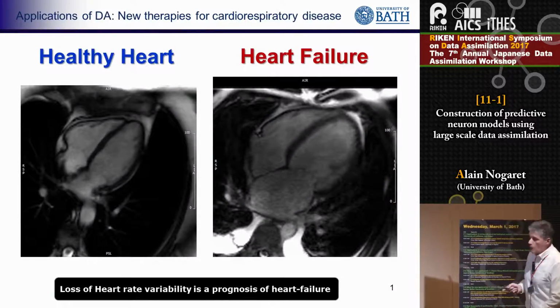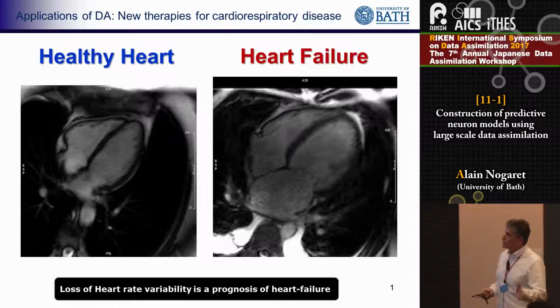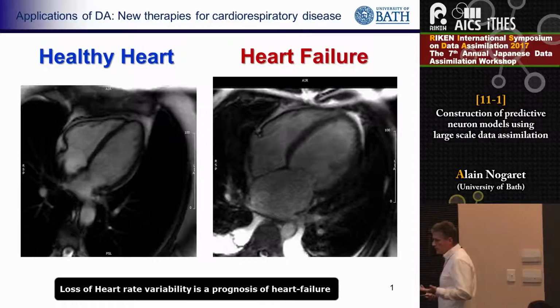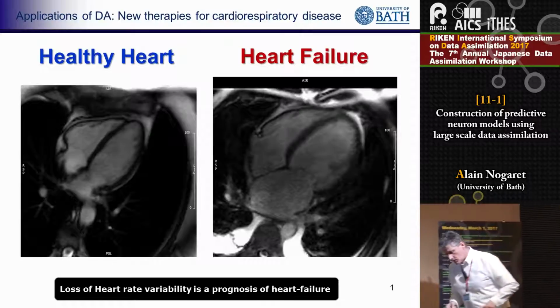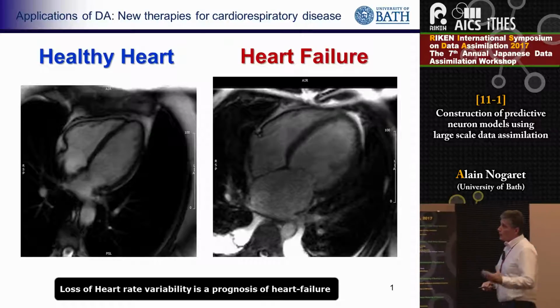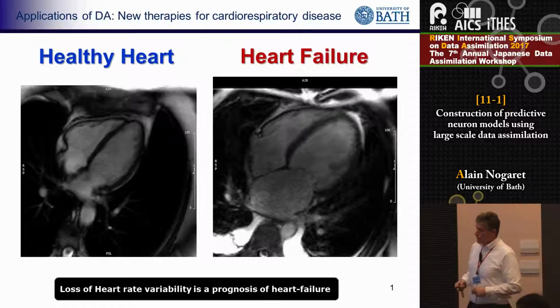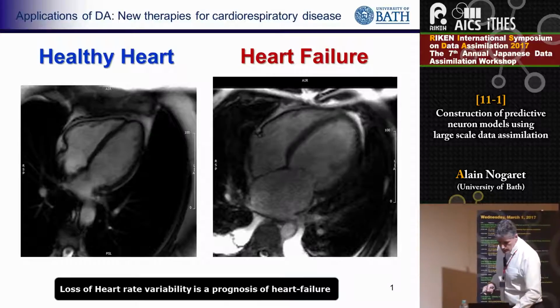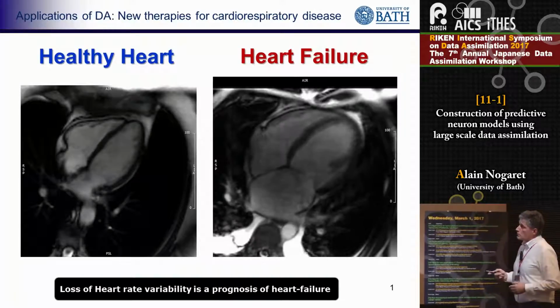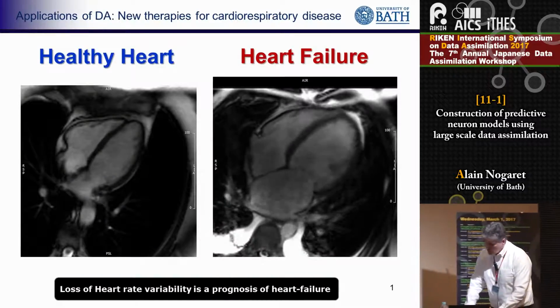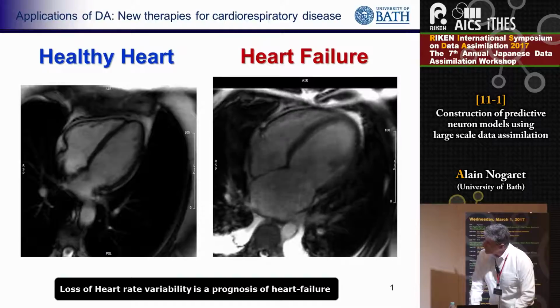So I think I've got a couple more minutes. I would like to talk about the building of a hardware model and how data assimilation can be used for improving the models that we build. So basically, we are especially interested in heart failure. What I'm showing you here is